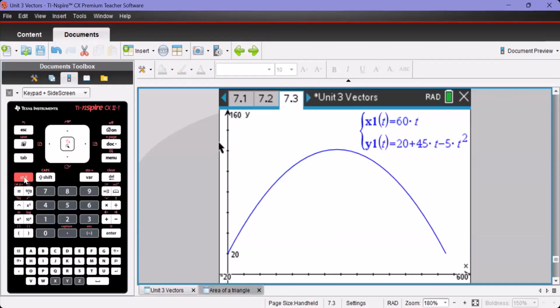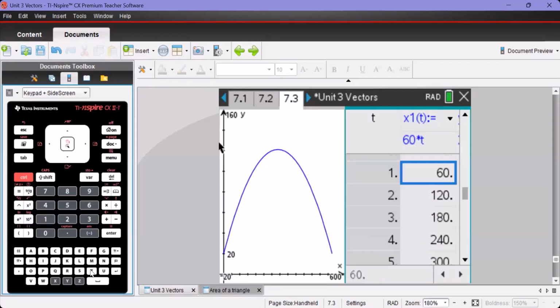Now, if I press Control T, we get a split screen, which is really nice. On the left, we have the plot. On the right, we have a tabular representation. To move between applications on the same screen, you press Control Tab. So now the graph application is active. Control Tab. Now the table